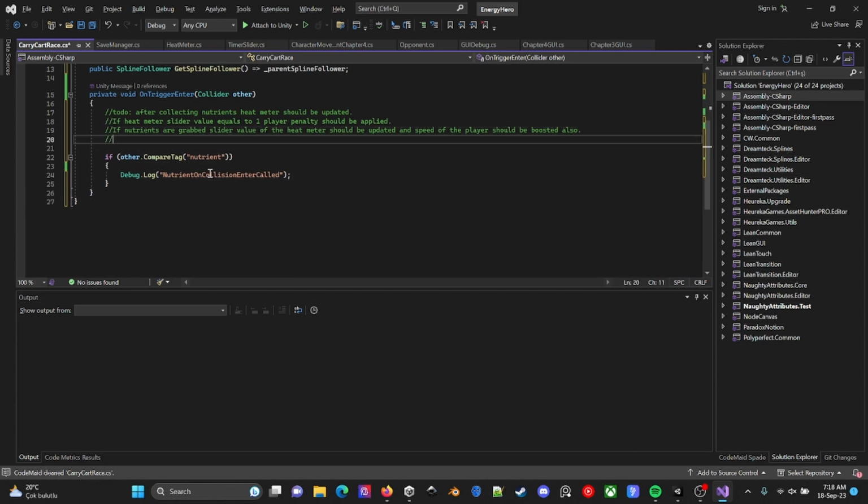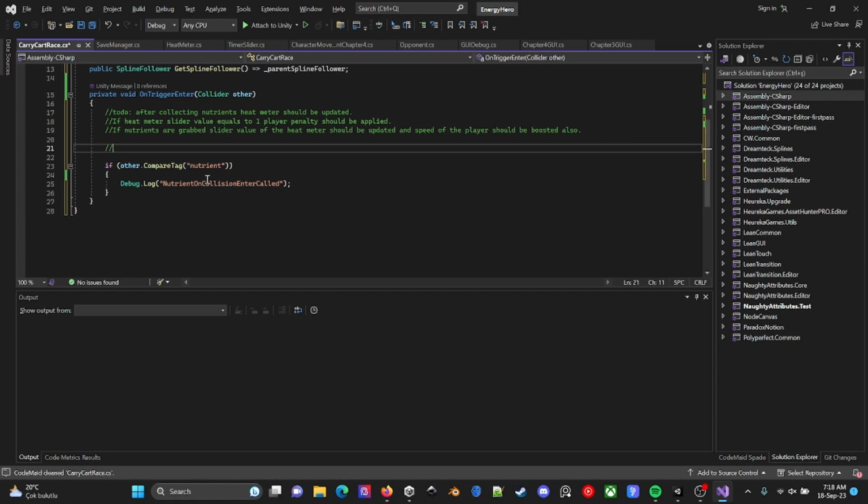In addition to this, after the nutrient issues are resolved, positive level ends, and after 3 laps should be implemented for both the opponent and the player.